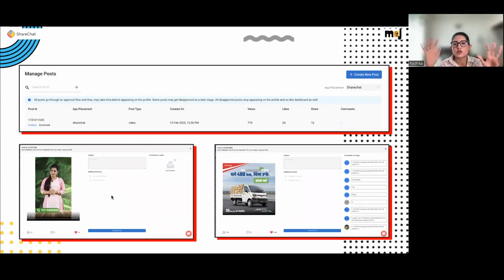So this is like a one-stop shop for not just paid but for organic posts, not just analyzing paid campaigns and spends, but analyzing engagement with your paid and organic posts alike. So yeah, that's the intent behind the managed posts module. Very soon you'll be able to see it on the ads platform. If it's urgent, please let us know. We'll enable it for you on a special request basis.